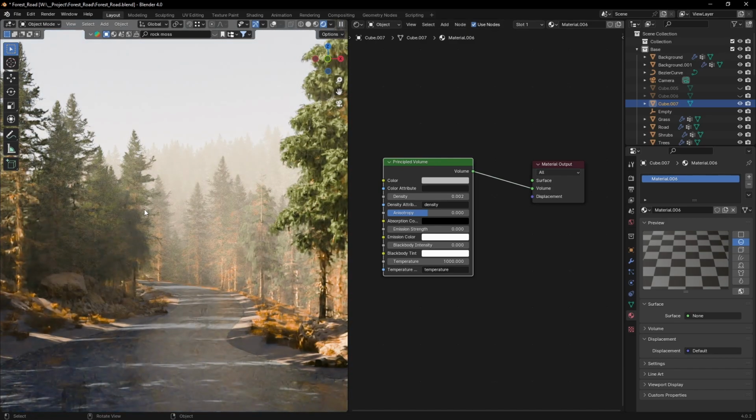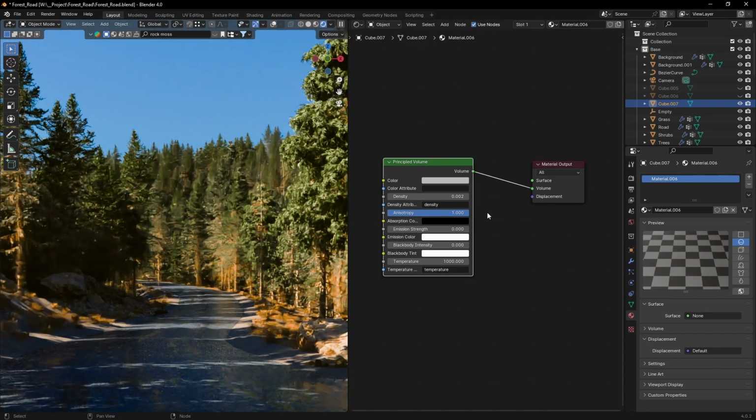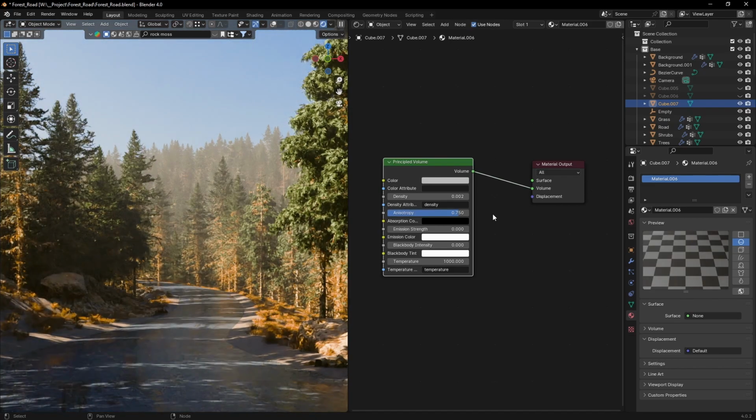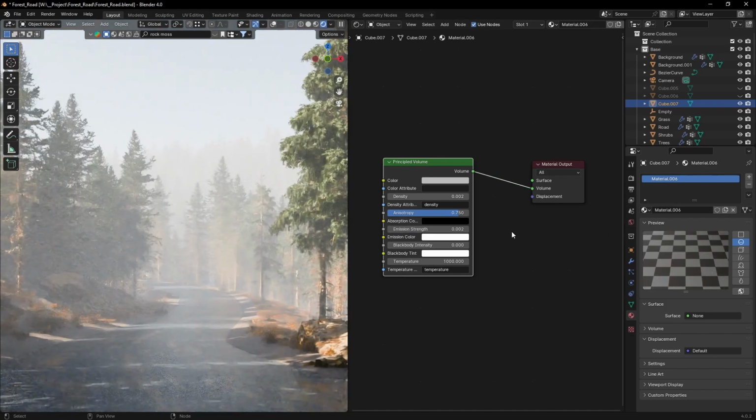Depending on your lighting, you might even get some interesting God rays coming through. To control how strong they are, we can adjust the anisotropy of the volumetric. In real life, volumetrics tend to scatter light in their volume, but that is a bit heavy to render directly, so let's fake it. Bring up the emission strength slightly, we're talking about a fraction of a thousandth here, and